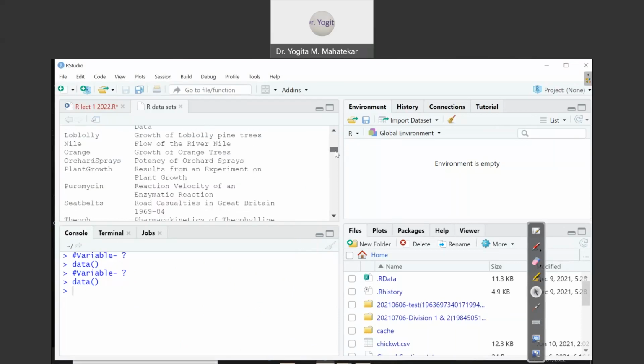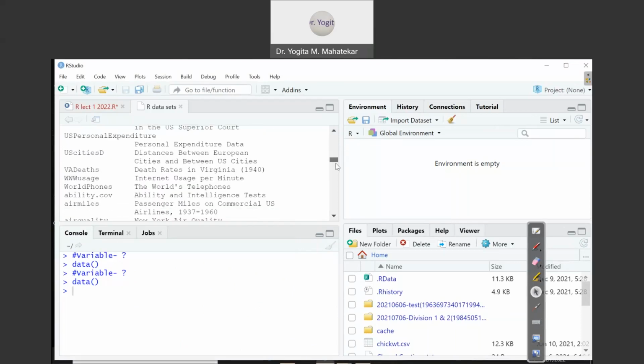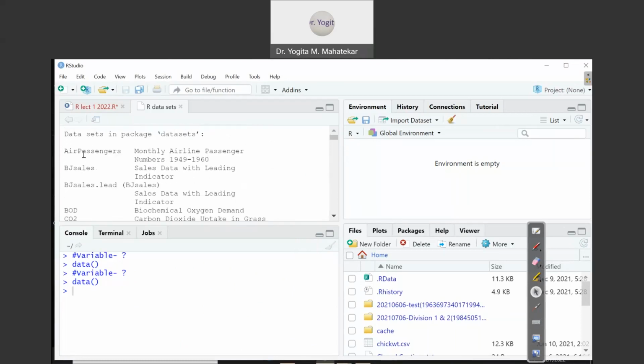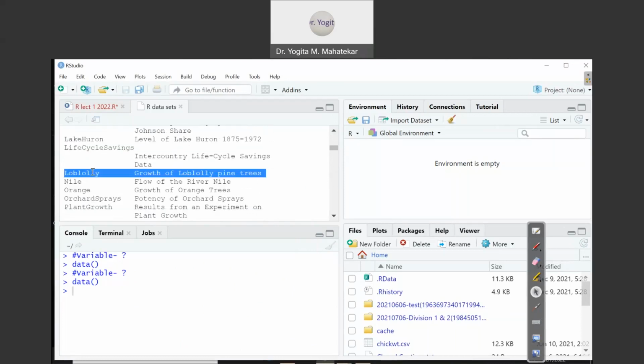All these are inbuilt datasets in RStudio. Their names are here: AirPassengers, then BJsales, BOD, CO2, and what these numerical data represent, their information, is written in front of the name. For example, Lake Huron, level of Lake Huron 1875 to 1972.